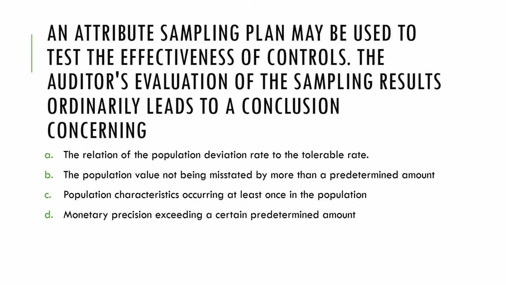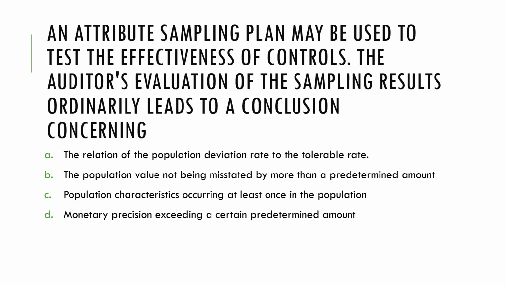Now, in the case of Charlie, a population characteristic occurring at least once in the population reflects what we call discovery sampling. If you would remember, discovery sampling is the design of a sample size sufficient to include even just one deviation, and that one deviation would already be enough for the auditor to conclude that the entire population is misstated. While still a special type of sampling for test of controls, we do not generally perform discovery sampling unless there is a suspicion of fraud.